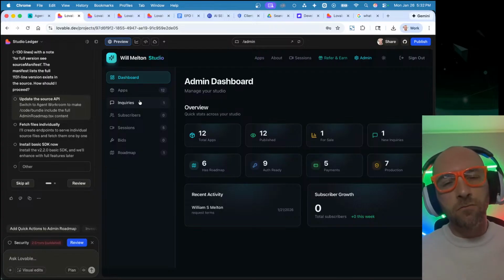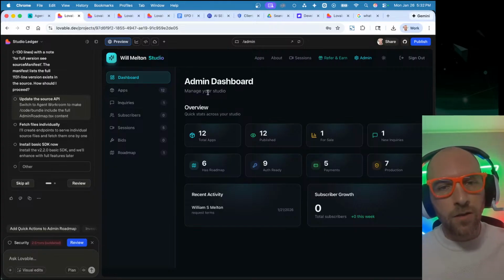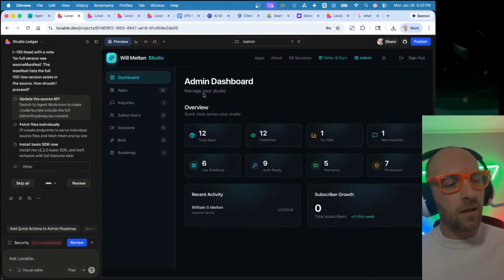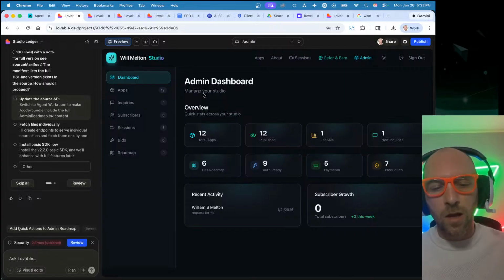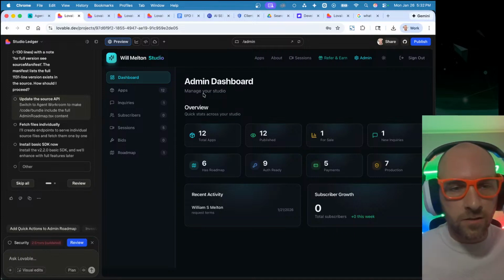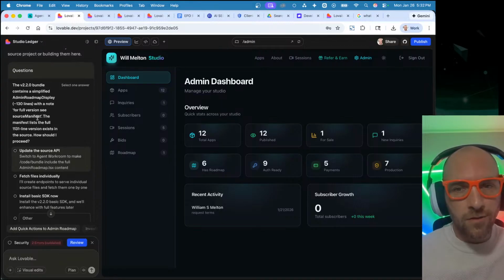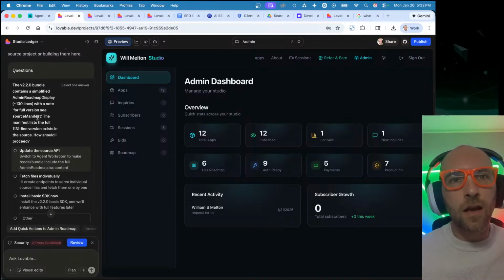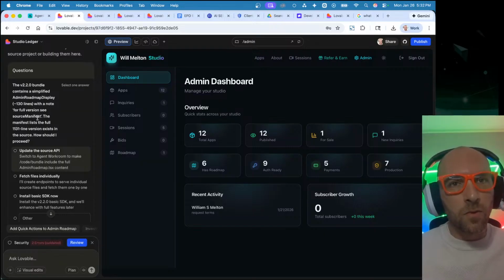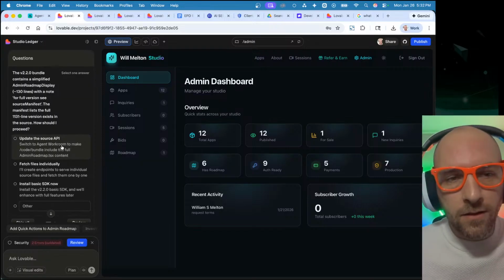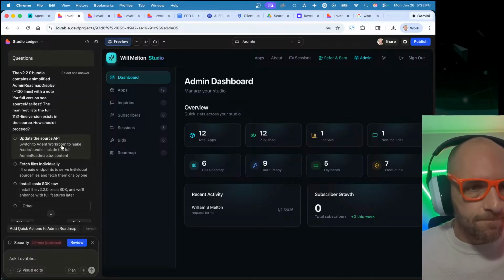This could be a website, could be a mobile app, it could be anything you can imagine. It can be a tool to power your business. It could be anything that you can imagine, and that's what I'm hoping you will do. Is imagine what you can build and then go build it, because you don't have to know what you need to know to do it. You don't need to be a developer. You just have to say, hey, this is an idea I have. What do you think? Is it worth building this? Can we perhaps make it happen? And you'll find that you can build more than you realize.